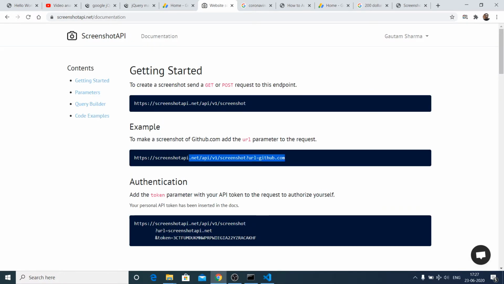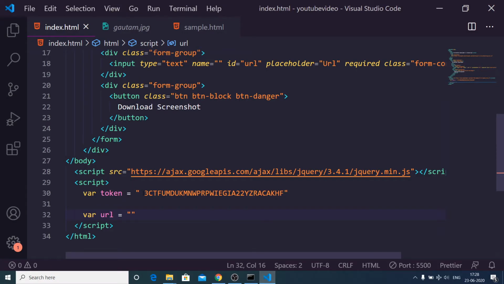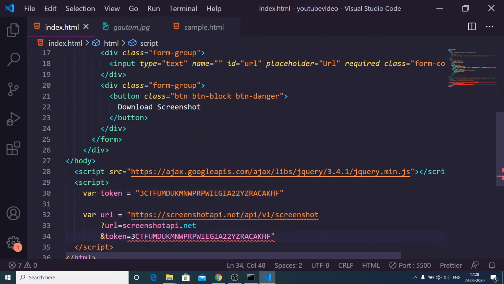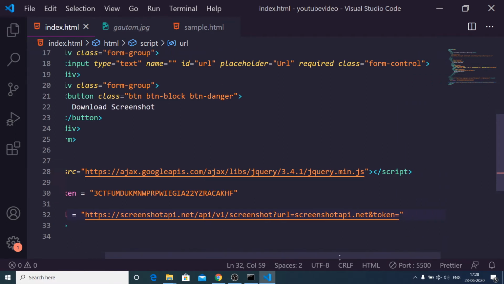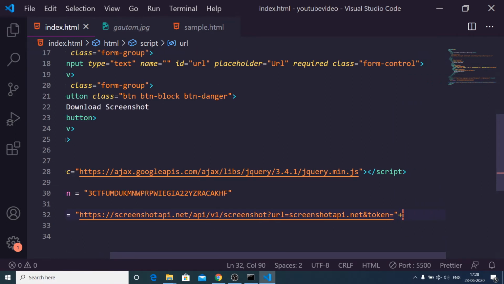This is a URL, you can see that. Let me copy this and paste it here. Inside this we will replace the token with the token variable. So basically the URL you will provide, and let me concatenate the token variable like this.